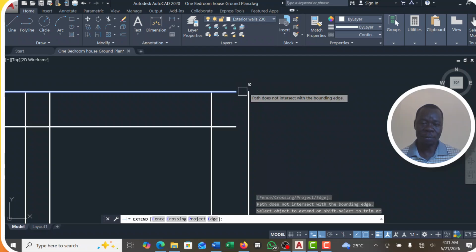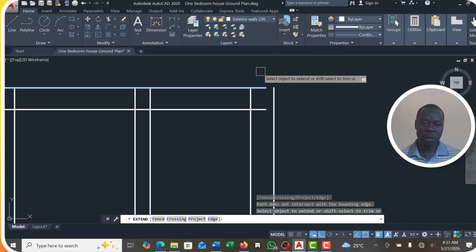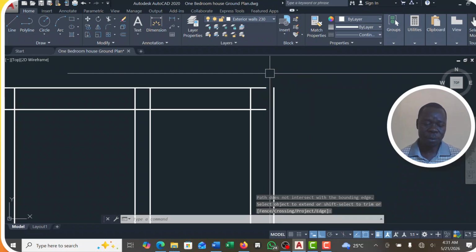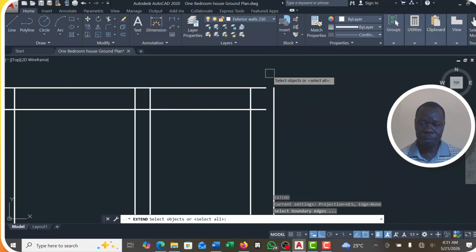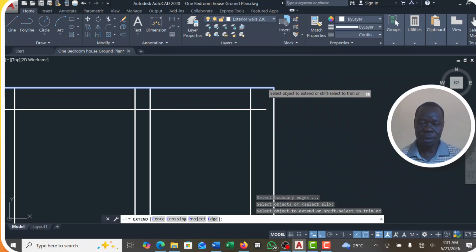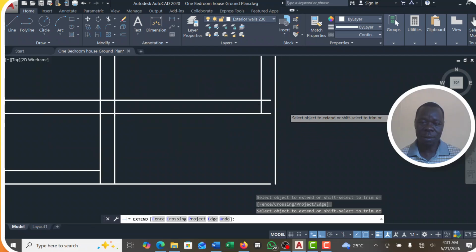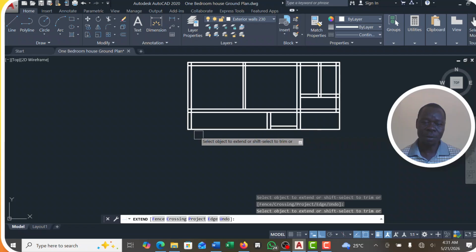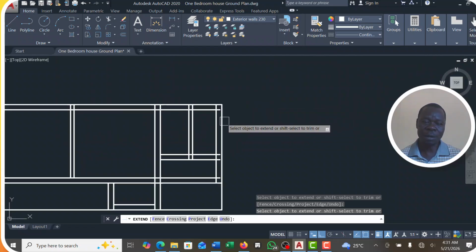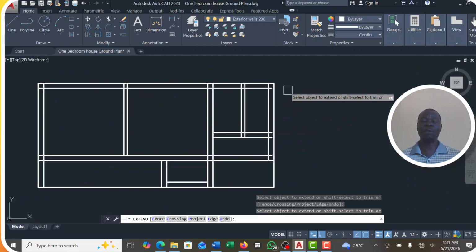Right click, then you type EX, hit enter. You right click, then you extend. You click to extend. You click to extend. So it has extended all the lines we want. So we can still use this same command